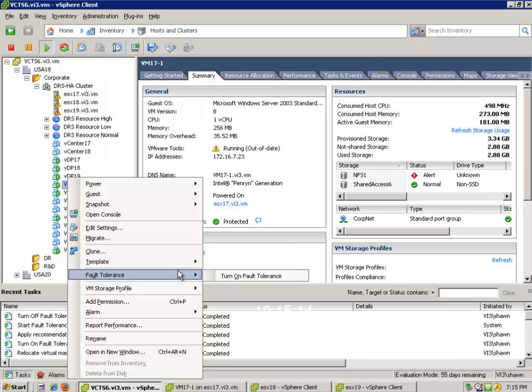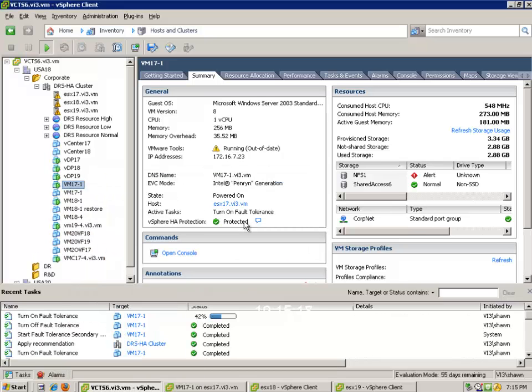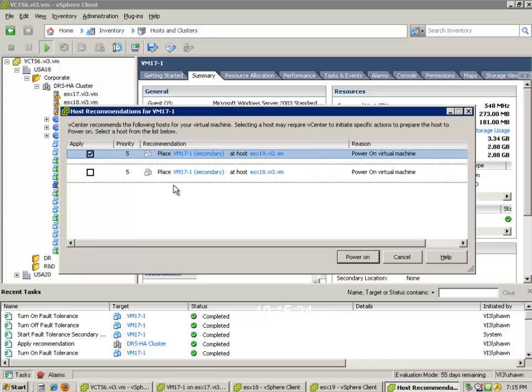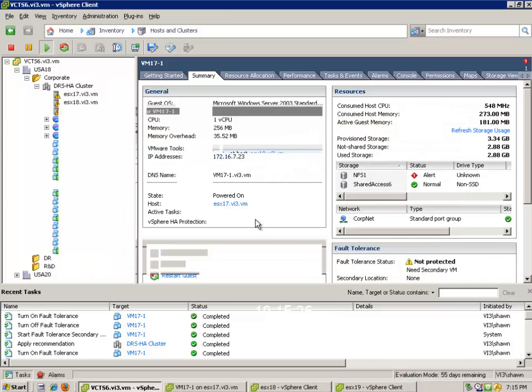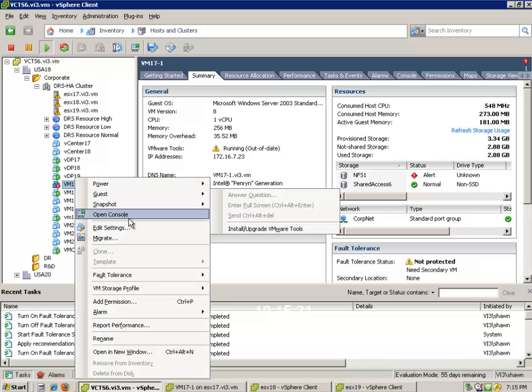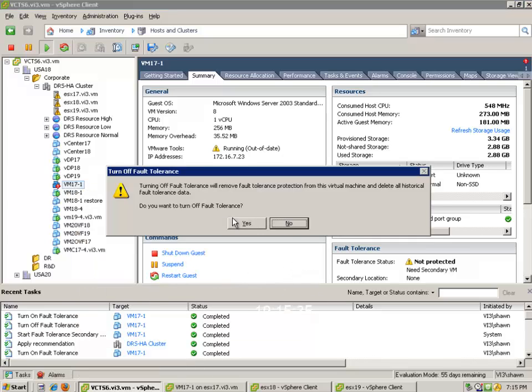Alright, so we're going to go to our vCenter, and we're going to right click on the VM, fault tolerance, turn on fault tolerance. Now, a couple of things that we'll see here are kind of interesting. All right, I'm going to go ahead and eliminate that. So let's do this. Let's just turn off fault tolerance, and I'll show you